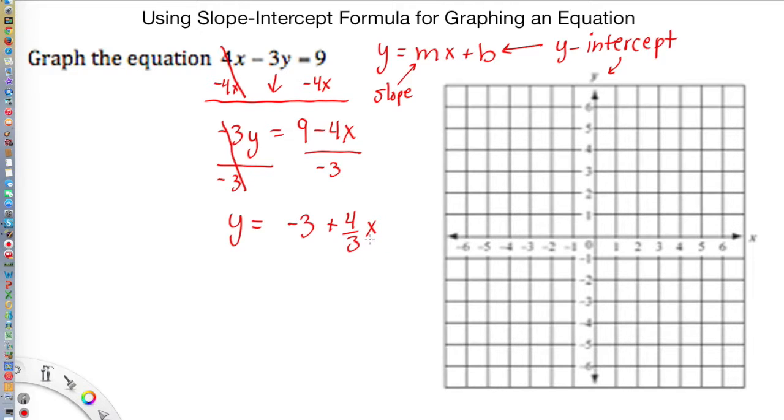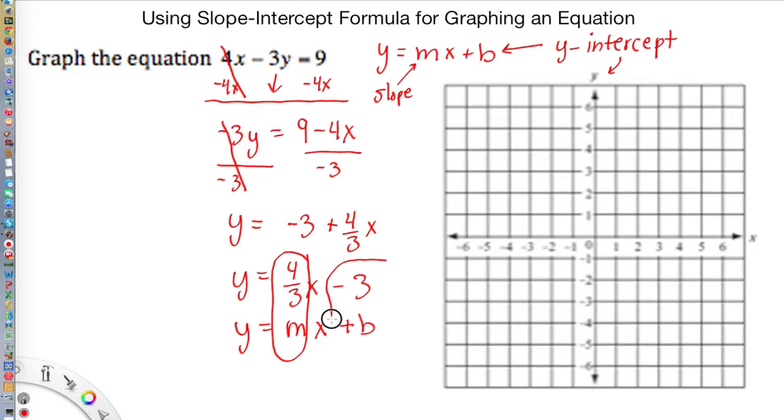And the last step you might want to do is just rearrange this so that we have it in the y equals mx plus b form. So y is going to be equal to, I'm just going to put this up front here, 4/3 x minus 3. Now we can see that when I line it up, I can see here that my m, or my slope, is right there, and that my b, or my y-intercept,